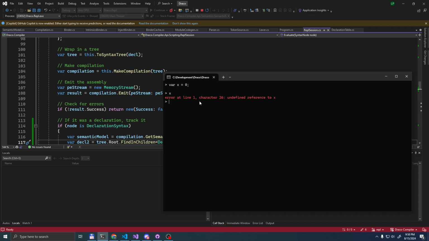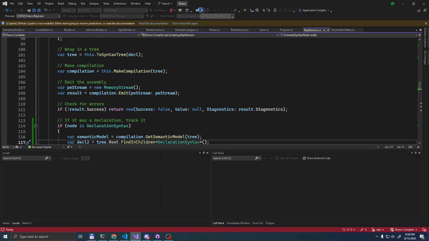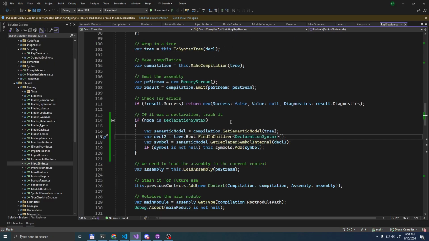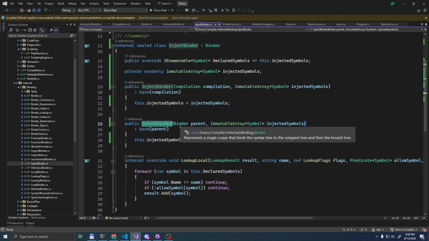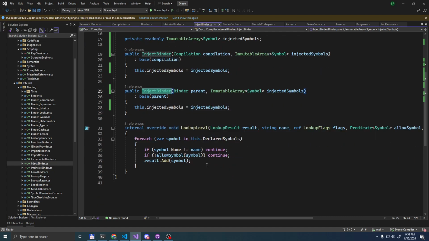Okay, this is half a win. We could not reference the thing, but we didn't crash. Do we not get to the inject binder part?